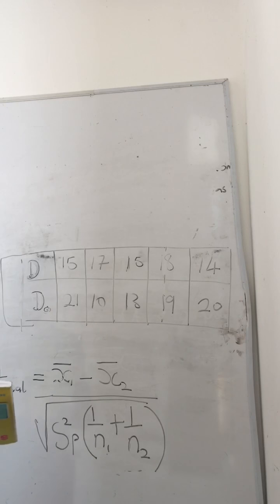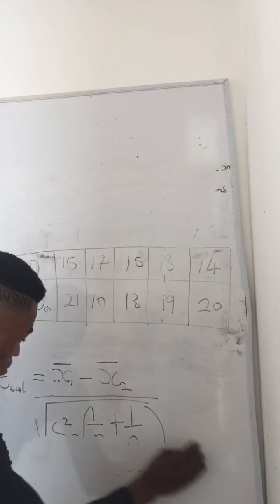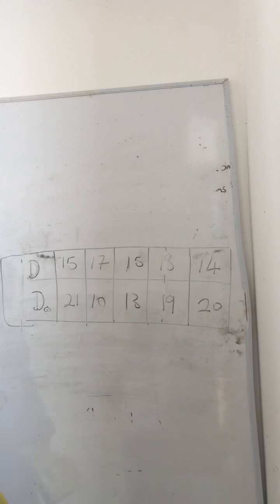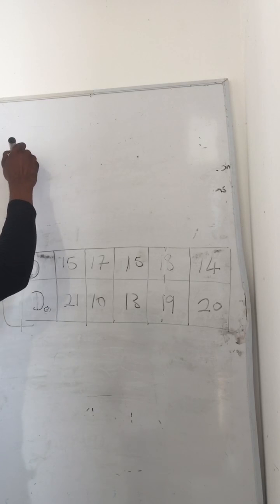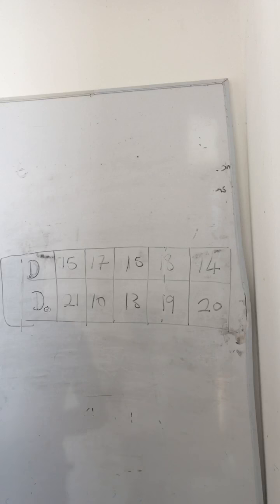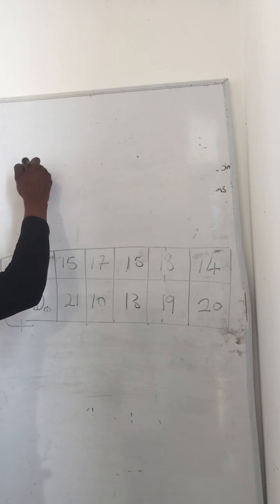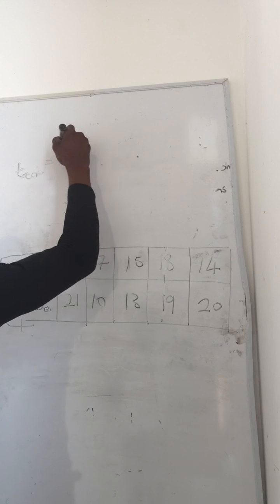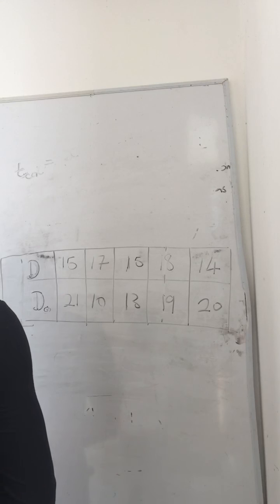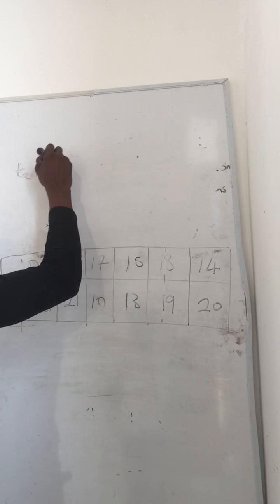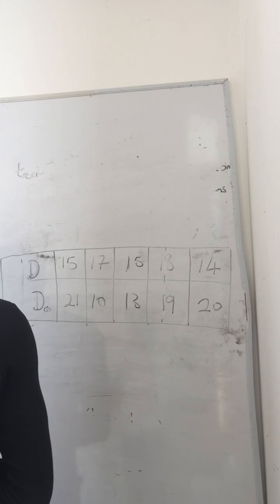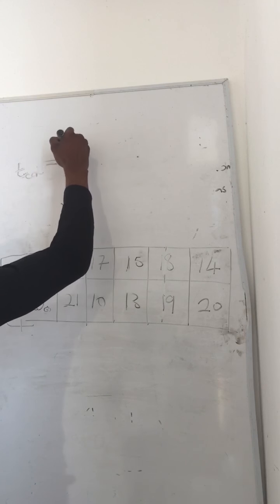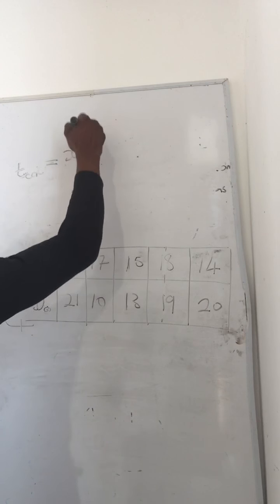Now let's check. The first thing we should have done, remember, let's write the formula up there so you can see it more clearly. We're writing the formula up there for a clearer view. So, having to find the test value, only for the test value, the test value calculated is equal to the mean. Some of these markers are having problems. Okay, the mean of